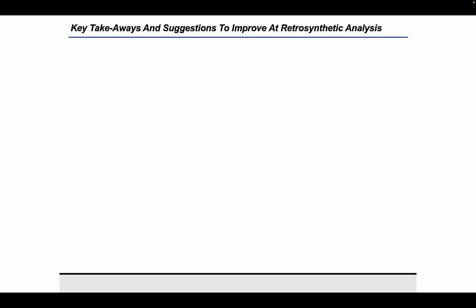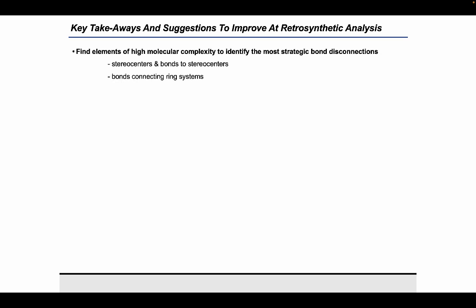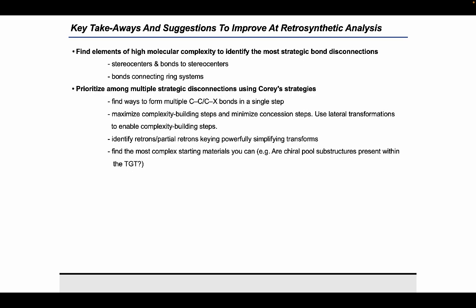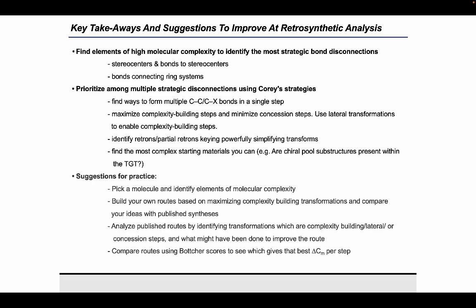To review, begin retrosynthetic analysis by identifying elements of high molecular complexity as a precursor to identifying the most strategic bond disconnections. Then, prioritize among multiple strategic disconnections using Corey's strategies. To improve at retrosynthetic analysis, you must of course practice, and my suggestions for practice include to pick a molecule